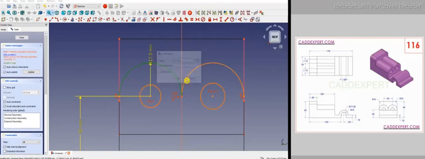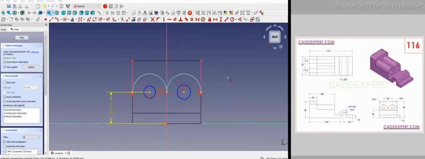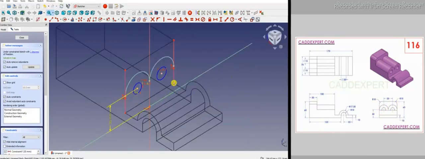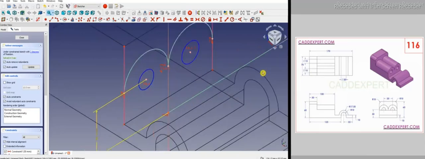it is 17.5. In fact, in the drawing this dimension is not given, but based on its geometry construction we have found out its dimensions. So now I will go to the isometric view and I will close my profile. Okay, so what I will do, at the top side we have to close the profile, so